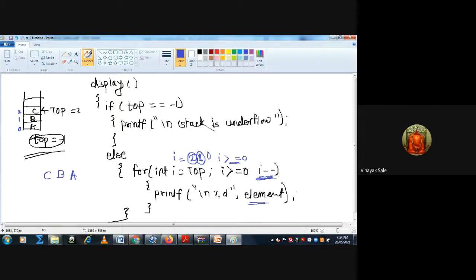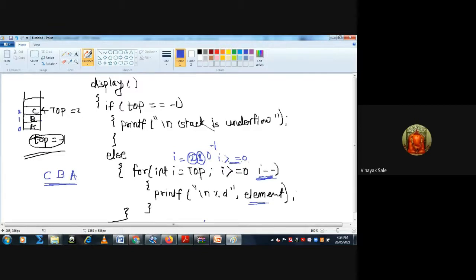After decrementing, the value of i becomes -1 and i greater than or equal to 0 becomes false. So go out of the loop and this is the required output, that is CBA. All of you get this code for the display operation.